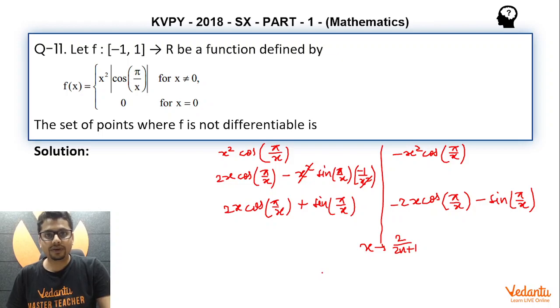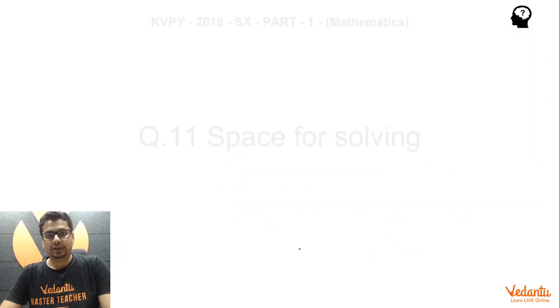They will not be equal. In fact, you may say there will be a kink point, a sharp corner, so to speak. So that means at all these points, x equal to 2 by 2n plus 1, where n belongs to integer, f of x is not differentiable. So here,